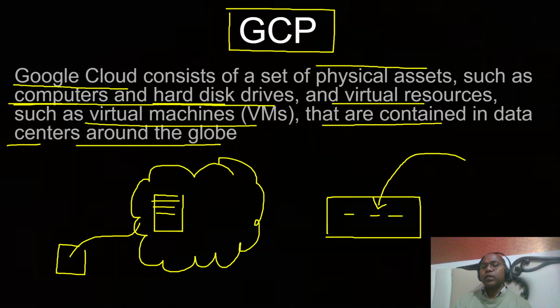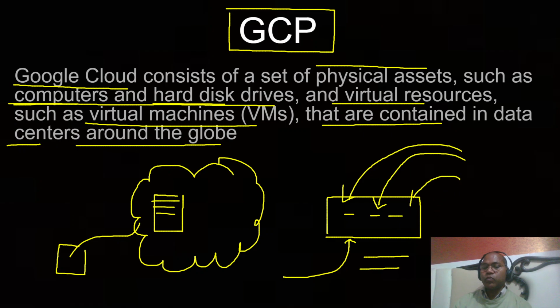These data centers are maintained with power and cooling systems, because they are very big, with very huge machines, computers, hard disks and drives, and on top of the actual physical